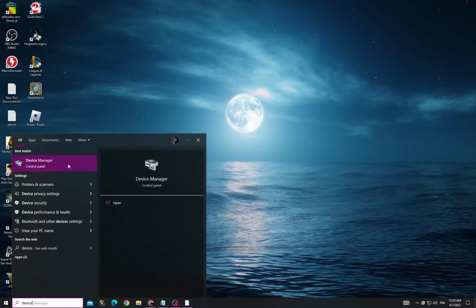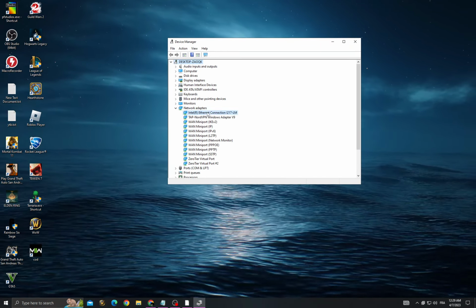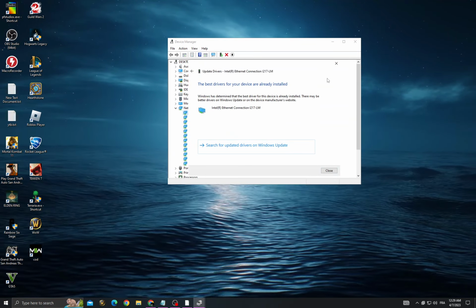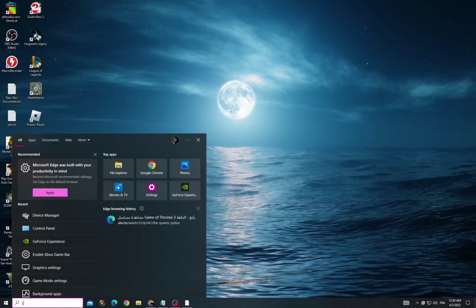to device manager, and then go to network adapters, right click and update all those drivers one by one until the last one, and then close it and go to control panel,